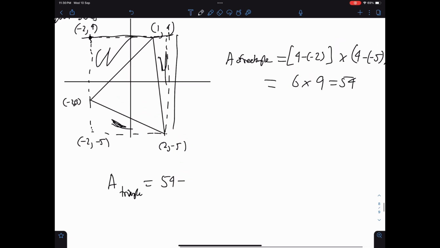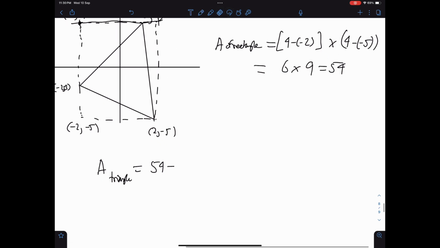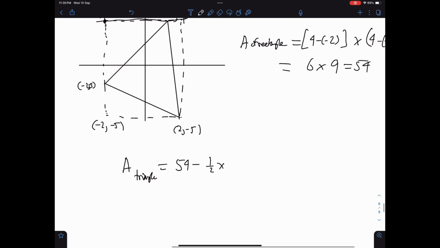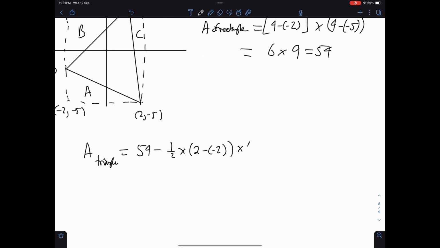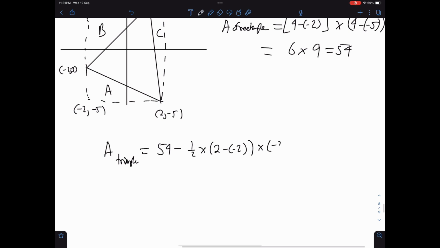So if I just rub out these lines here just to make it easy to read, minus half times our base here, we'll do part A first, A, B and C, we're doing A first, times -2 minus -2 times -3 minus -5,